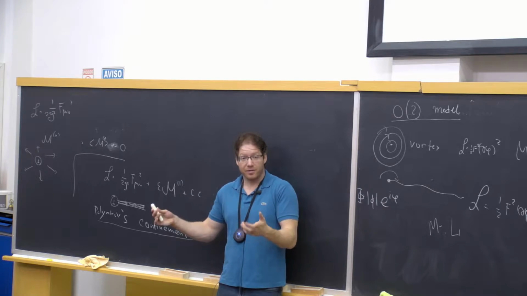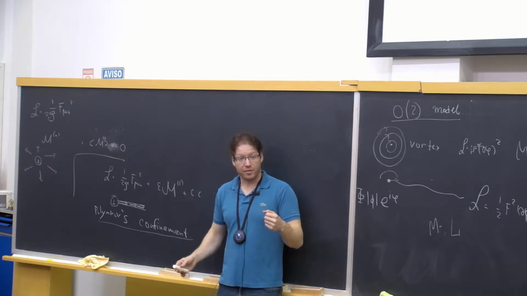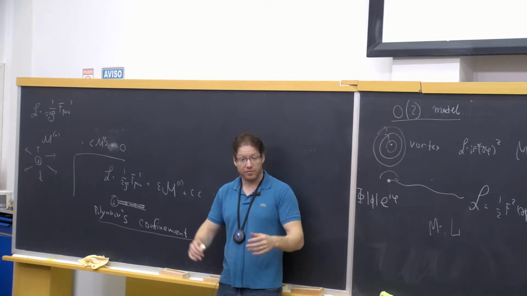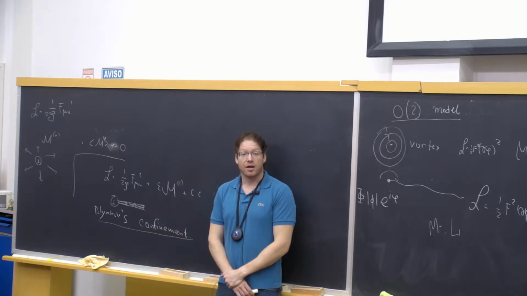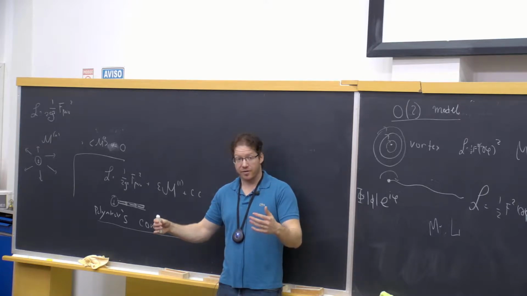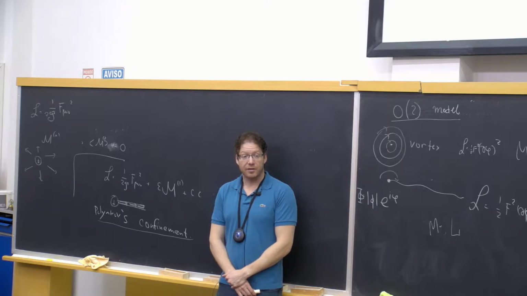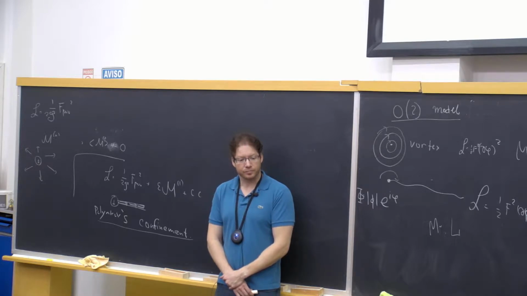But it's not a big deal. You can put an anti-vortex very far away. And they see that all the time in the lab. They see vortex, anti-vortex excitations in superfluids. They're heavier than ordinary excitations, but they still exist. And they can be induced by putting various chemical potentials, like chemical potentials for the SO(2) symmetry, for instance.